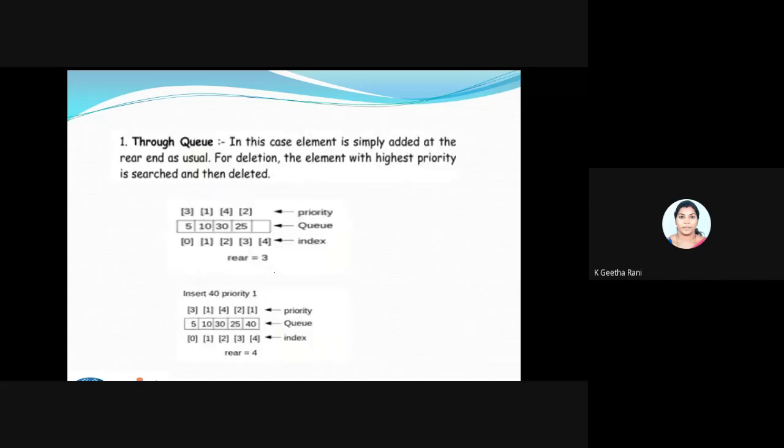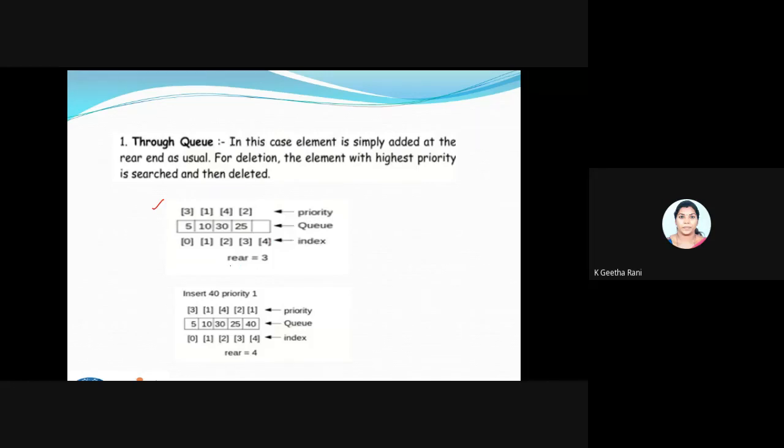Okay. Fine. So I'm just trying to tell you the working process of this, how it works, in a pictorial way. I'm just using a queue here. It's a normal queue. I'm not using any list here. I'm using an array. It's going to be a queue concept with an array implementation here. Fine. So here, this is the first diagram. You can see I have the elements 5, 10, 30, 25 as my queue elements. I have a priority for each and every element, and this is the index.